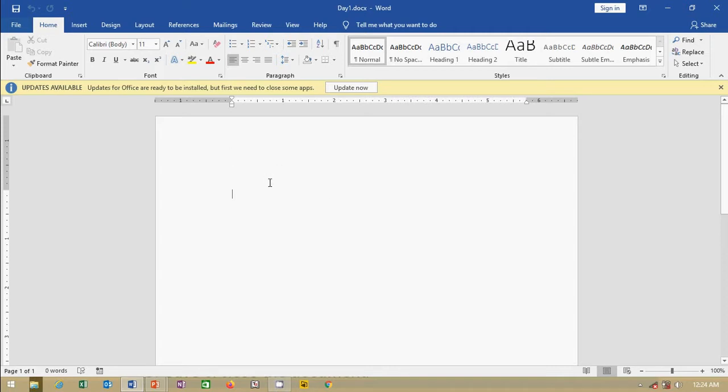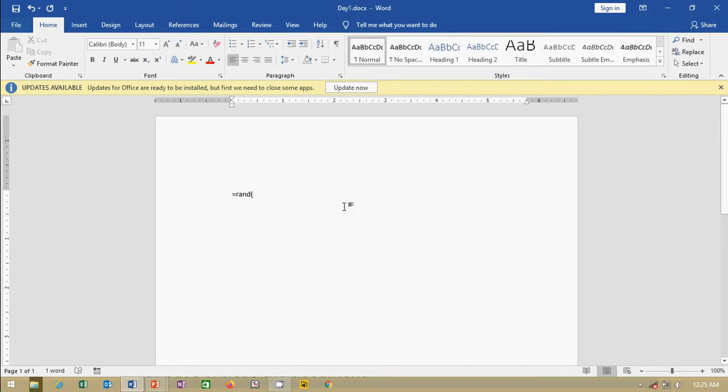Next, how to take the default text. Suppose we need some paragraphs here. Writing them ourselves would be time consuming, right? So what we are going to do is use the default command: equal to rand, and open the bracket. Whatever number of paragraphs you want, you just put it here, then close the bracket and press enter. Automatically that many paragraphs will appear.